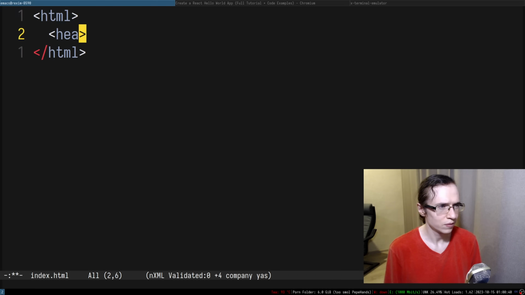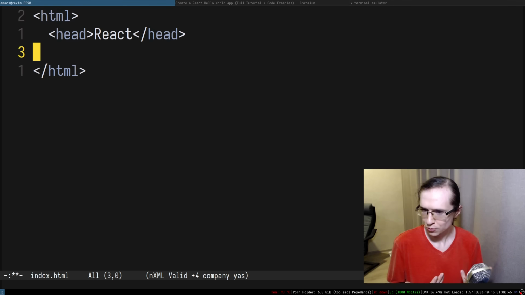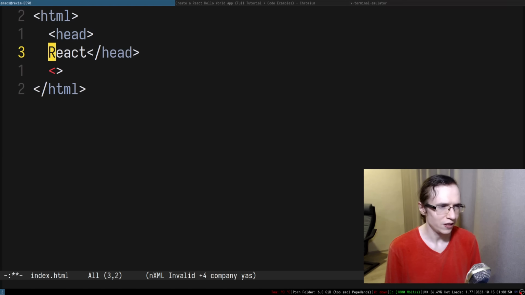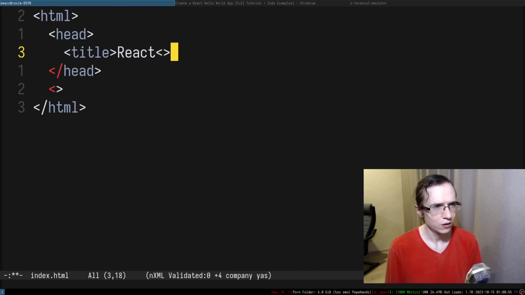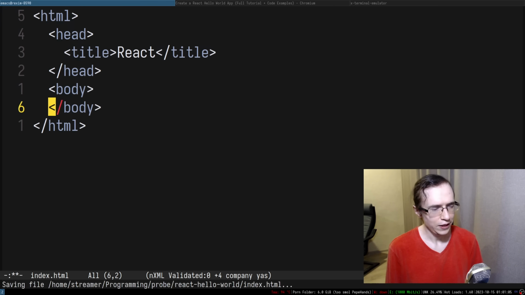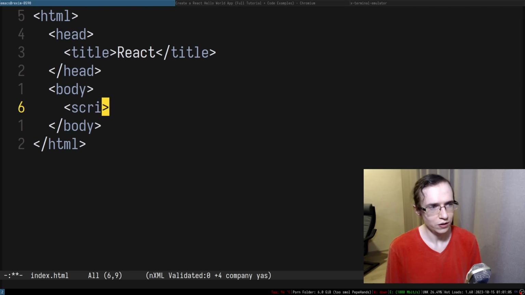HTML, head. Right, head. Because I really want to start from the ground up. You know what I'm talking about? I want to start with the ground up. So this is a head. You have to do that in the title, right? So this is going to be title. So this is the title, and this is going to be the body. And in here, I suppose I just want to refer to this